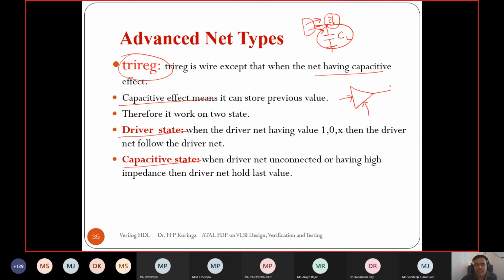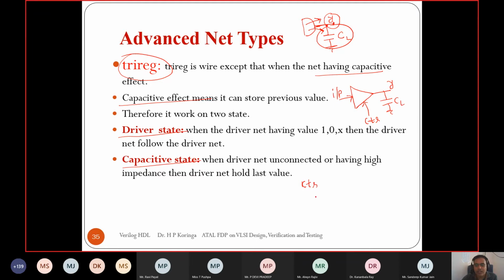So in a tri-state, suppose this y is defined as a trireg, due to some capacitive effect. So when there is a control, we know the function truth table of a trireg. So this is our input, this is output y, and we have a control. So let's see the truth table.